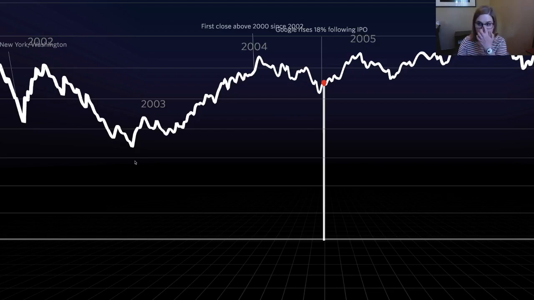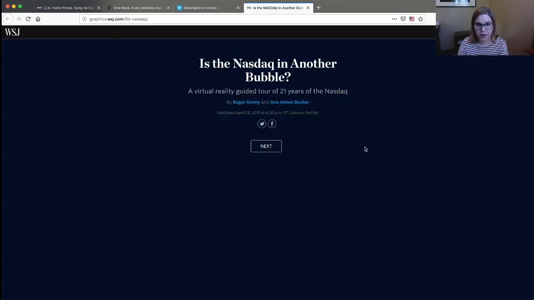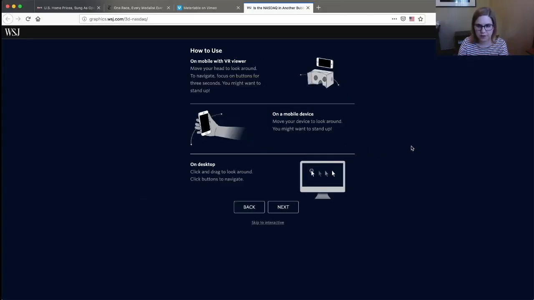This one is maybe not quite data physicalization, but I think it almost fits in that scenario. This is a project from the Wall Street Journal about the NASDAQ. It's a 3D visualization that you can experience in virtual reality. I can't show you the virtual reality version, but if you have a VR viewer for your mobile device, you can